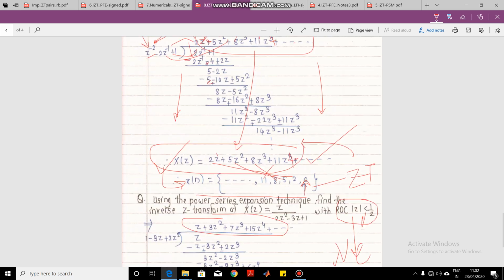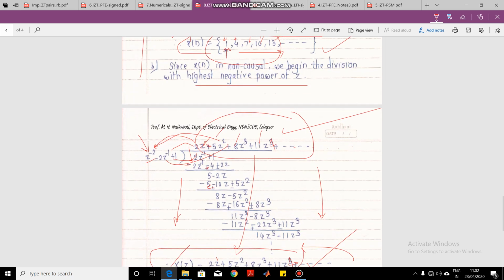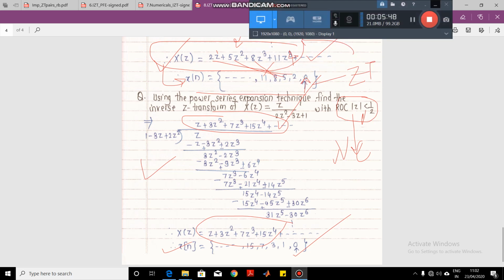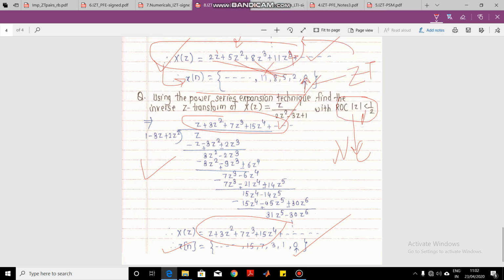So this numerical is the same as the one we solved in the second case. You can practice solving this. So how do I start? I start like this, and I go on solving until I get all the positive powers. So I should get the positive powers of z here. When I get the positive powers of z, I can write the expansion of the time domain signal from the z transform which I get.